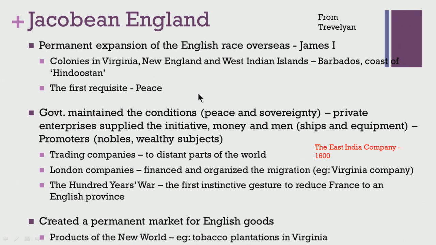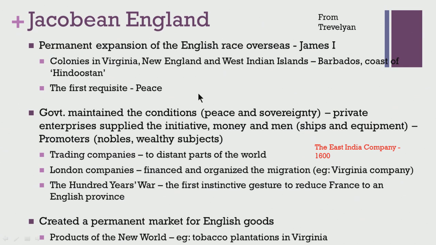And we also noticed that a lot of companies had emerged in London during this time, and these trading companies financed and organized the migration of English people to these different colonies which were getting established. For example, we note the significance of the Virginia Company, which was one of the leading companies of those times, and many historians at a later point have begun to notice that without the support of these trading companies, England may not have been able to undertake such a huge colonial enterprise from the early